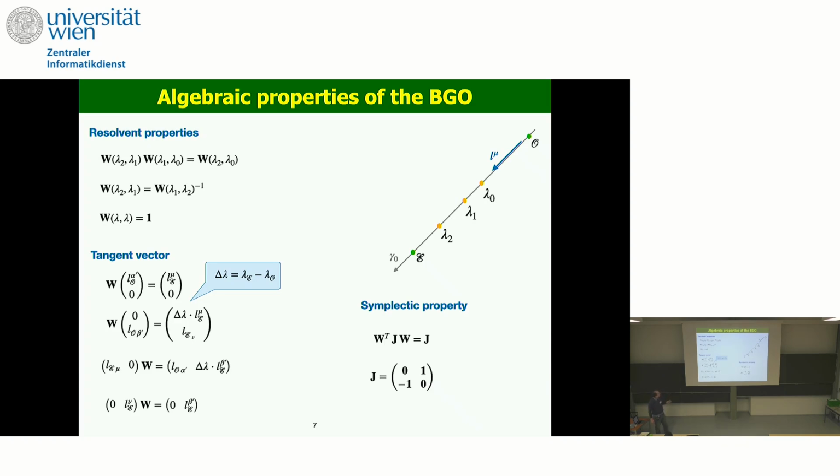Okay, so these properties are built into this formalism, but there's another important property, namely, if you take this matrix J, it turns out that it is preserved by this W over here. This J is a symplectic matrix, so W preserves a symplectic structure in this space. This is not a surprise, because as Nezika noticed last time, the geodesic deviation of the first order is a Hamiltonian system. If it's a Hamiltonian system, it preserves a symplectic structure. And basically,